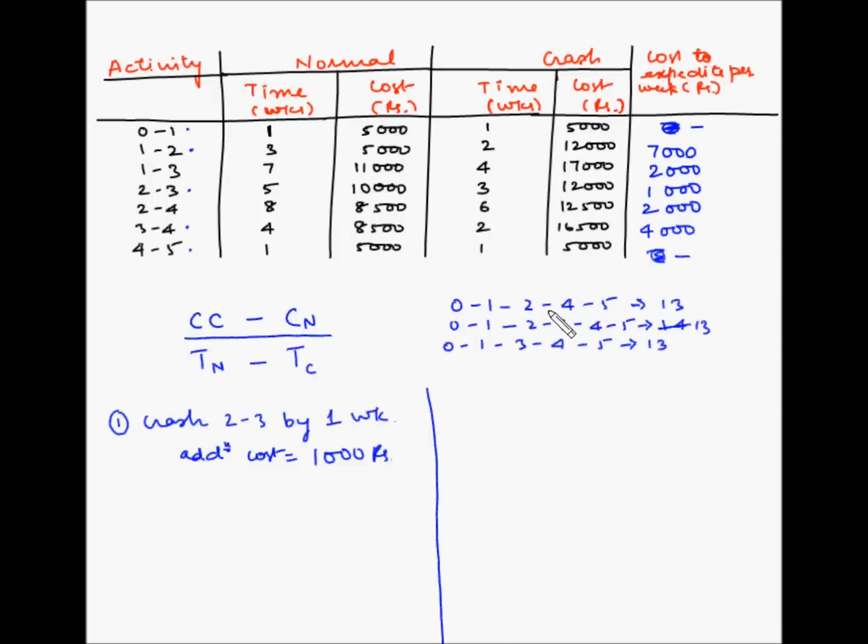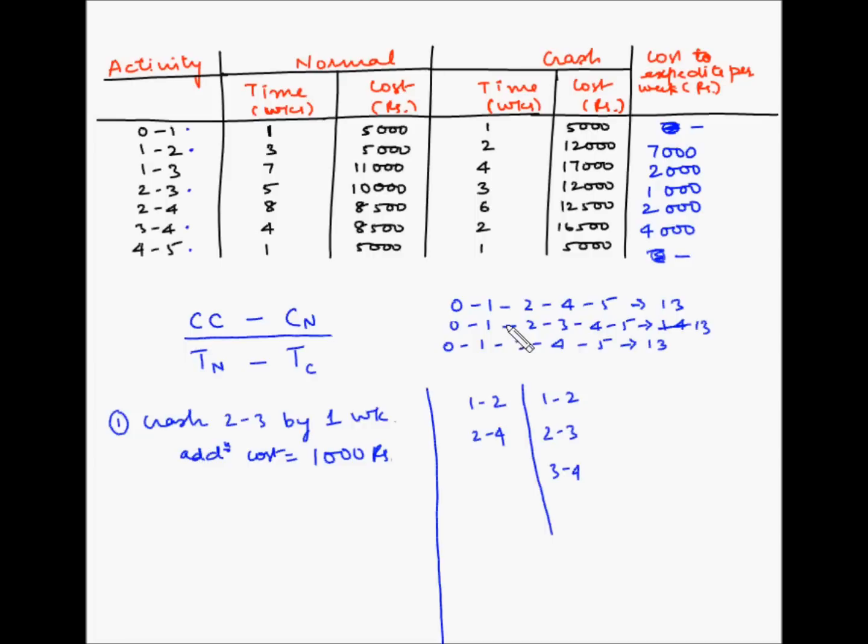So in the first path, 1 2 and 2 4. In the second path, 0 1 cannot be crashed. Again 1 2, 2 3, 3 4